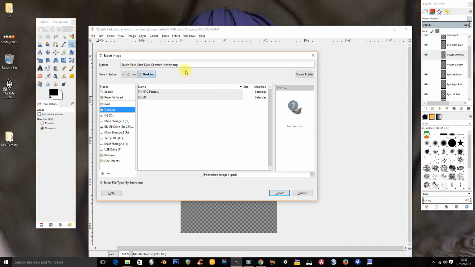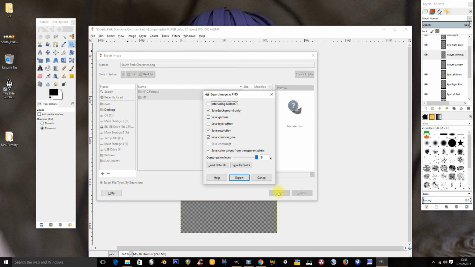So I'm just going to put it on my desktop, and I'm going to call this South Park character, and this is what we're going to create in class, and then that's what we're going to use then in our animation. So export, and I want